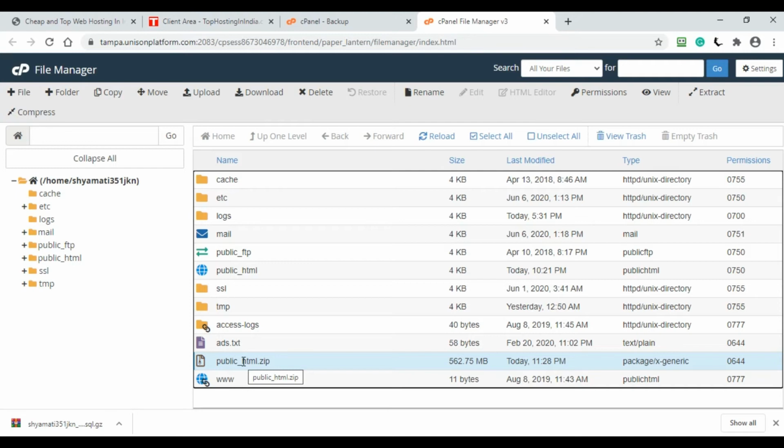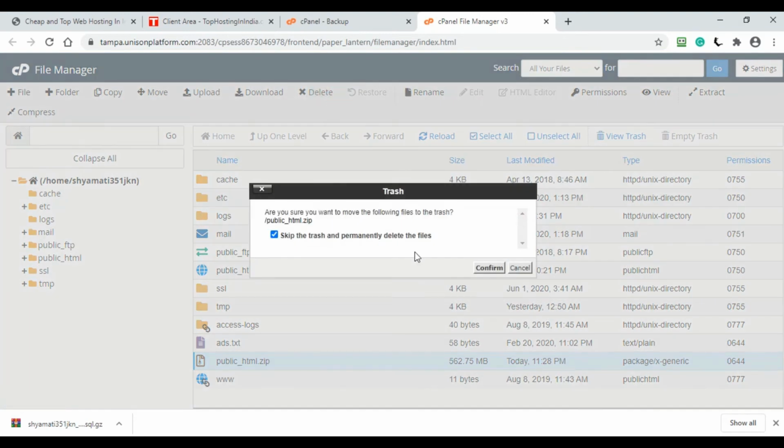You can give these files to your server provider, who can help you with them. When you provide these files to your data center, they will make your website live according to your data save date. And after that you can delete this file from the server because it takes a lot of space in the server.